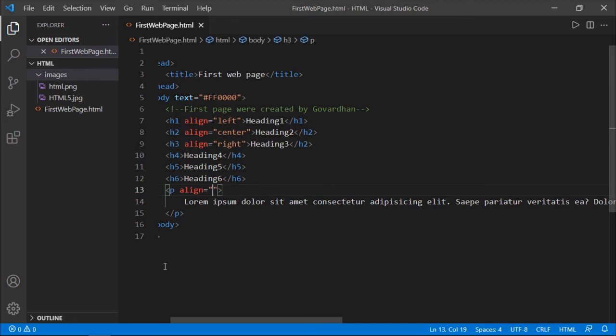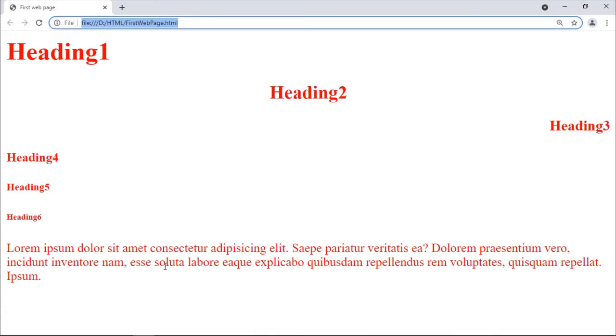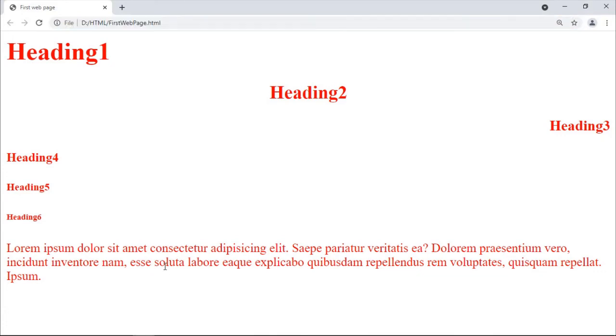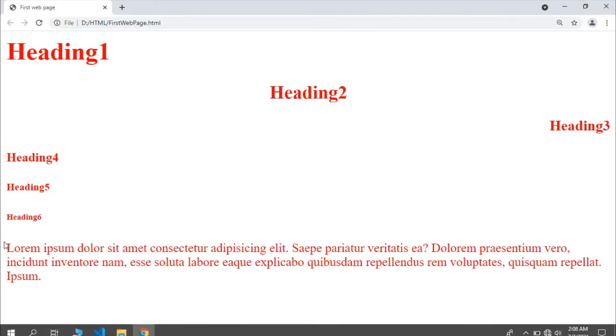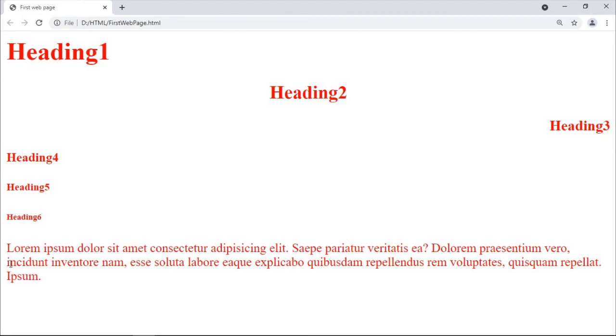The default one is left. So this is the left paragraph, which means every line is going to start at the same column.